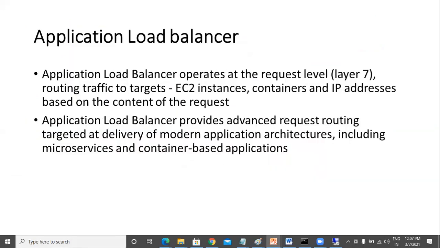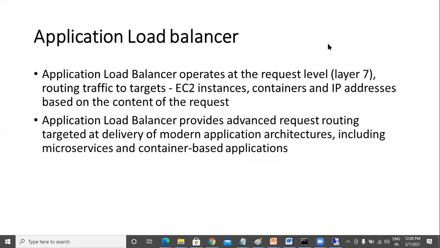So overall, there are three types of load balancers which Amazon provides you. One is called the application load balancer, the second one is the classic load balancer, and the third one is the network load balancer.